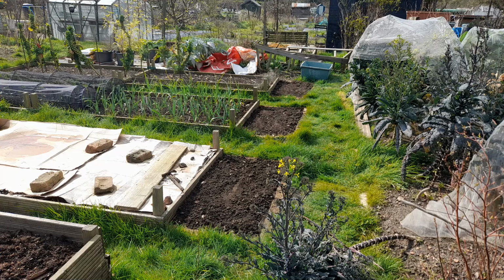The brassicas, as you can see here, are beginning to go to seed, and I'm leaving this one in as well. It is a bit of a trip hazard, but I just need to be careful. And there are other things that I need to do. I may take this one out this week because there's going to be more traipsing up and down here. In fact, what I am going to do now, and I scheduled to do this anyway, it's not just because